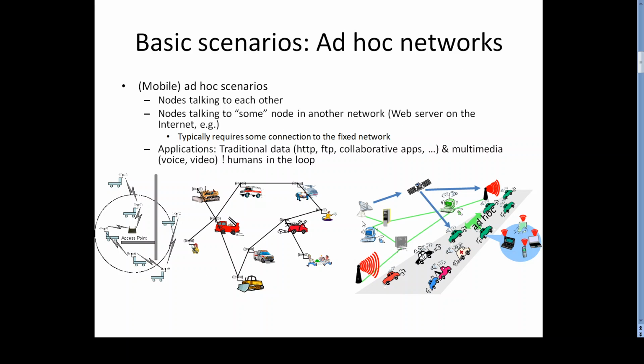So first we will look at ad hoc networks basic scenarios. Normally the machines or the nodes will communicate with other nodes. Nodes will talk to each other. That is the meaning. Consider this example. If we want to communicate with this particular ambulance, then there is no direct link between this sender and